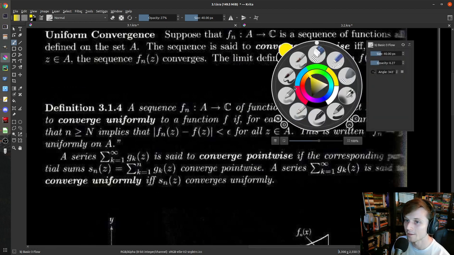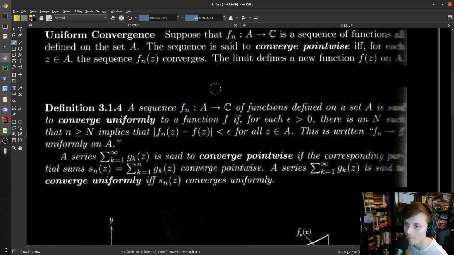So, up next, we're going to get into talking a little bit about how functions can converge as opposed to points. So, sequences of points can converge to a point, a specific value. How about a sequence of functions? Can it converge to a specific function? Yeah, of course it can, but it can do so in a variety of different ways. And this is an important distinction that I think trips people up sometimes. So this is the notion of uniform convergence.